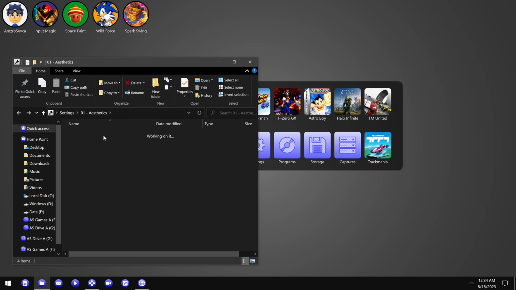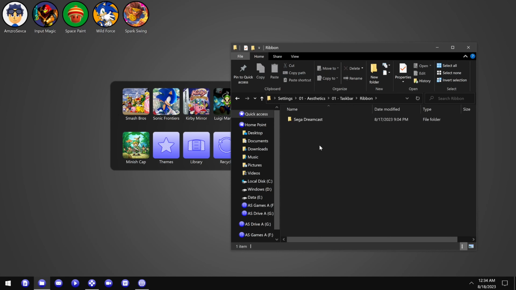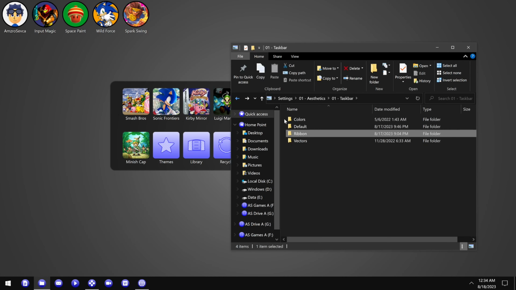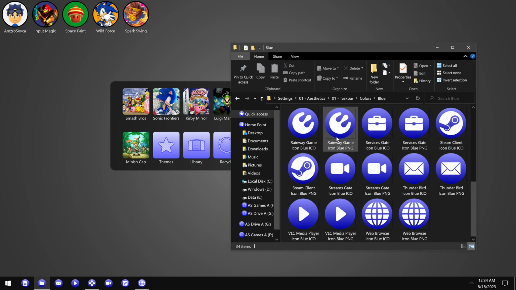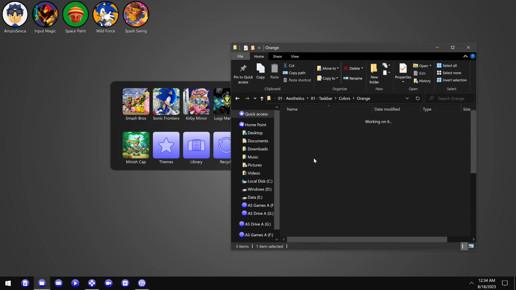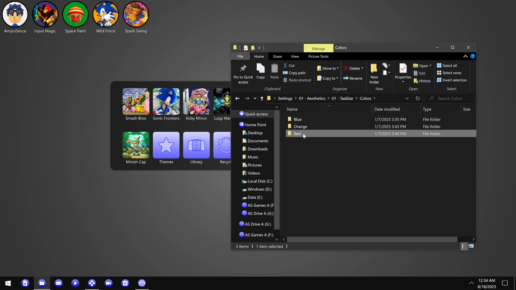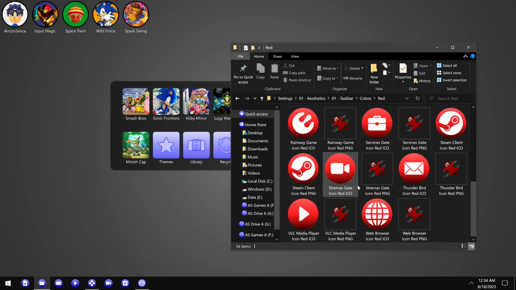And so in here, for instance, if I go in the taskbar, you have ribbon colors for the background of the taskbar in case you need to select a specific color. You have colors of the taskbar icons themselves. So you can switch, for instance, between, here's the pack of blue icons. Some of those programs obviously are not listed in the taskbar, so I'm not using them right now. You have orange, you have red, and the color library is constantly growing as new themes get added and